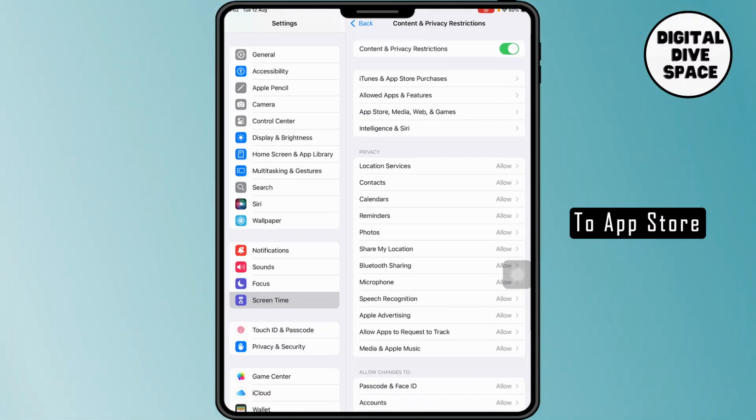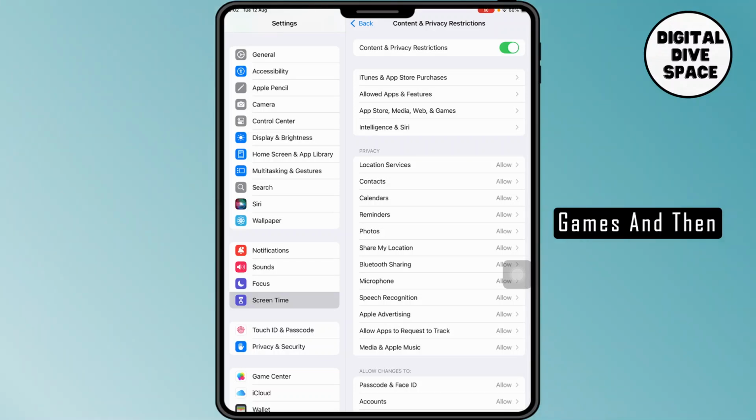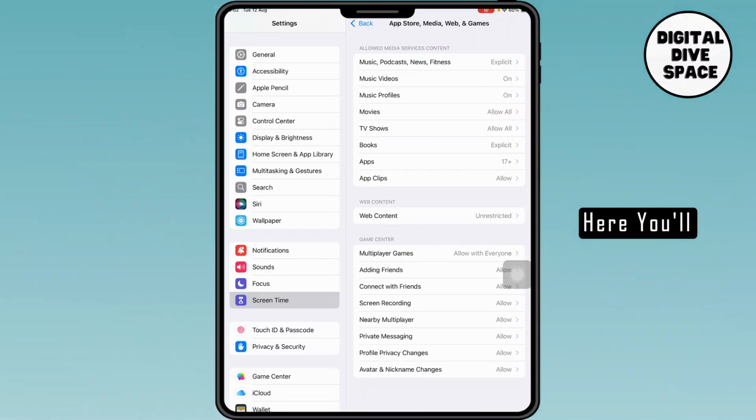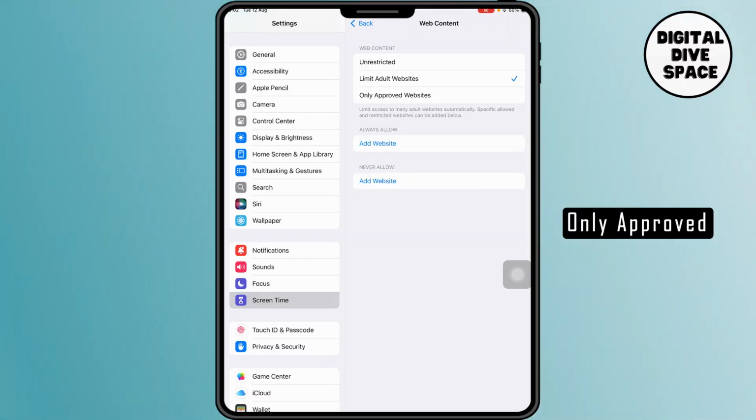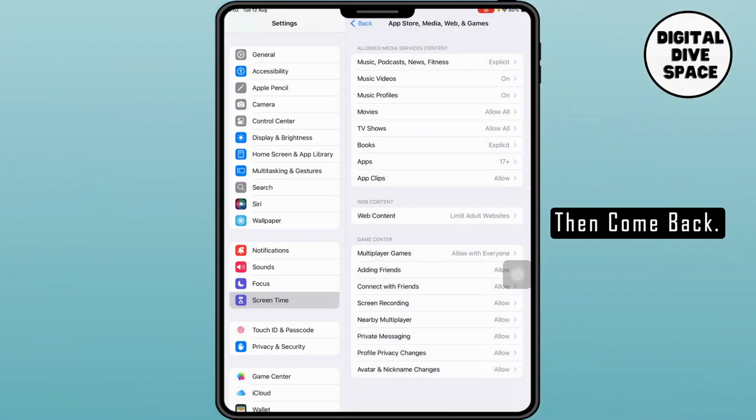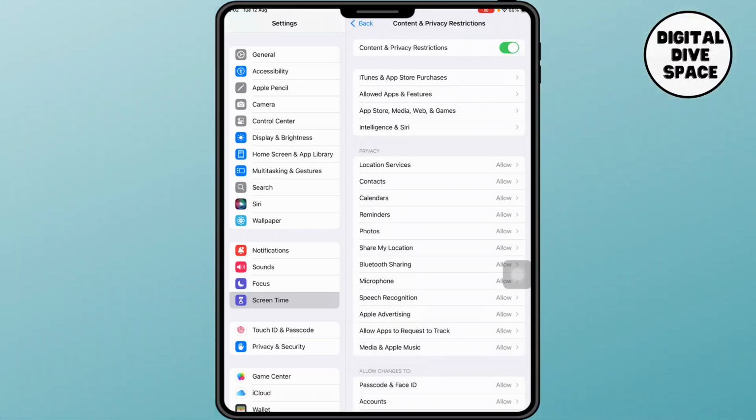So you can go to app store, media, web and games, and then here you'll find web content. So if it is set to unrestricted, then your kids can see any site. So you can tap on limit adult websites or only approved websites, and you can even choose the website that you want to limit to your kids. And then come back,